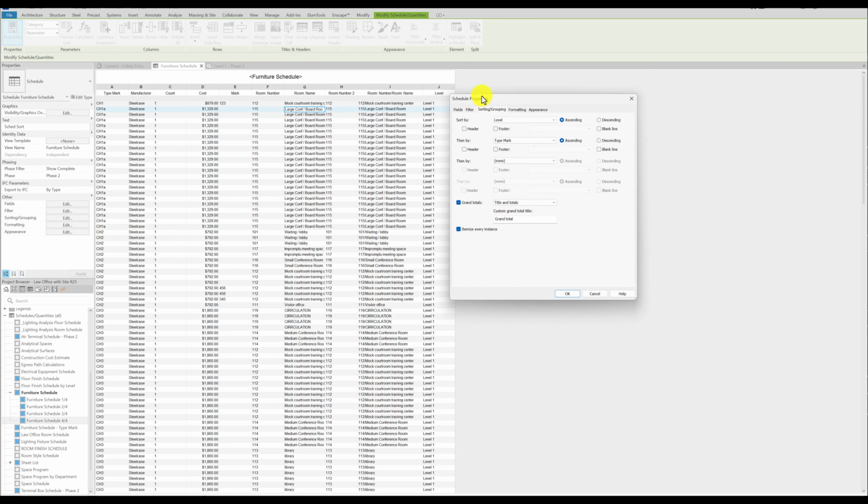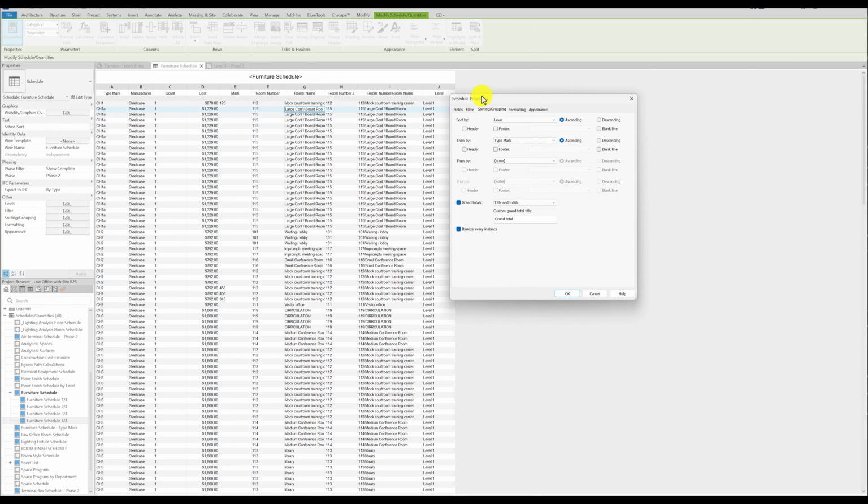This is going to cause the level 1 items to be in a separate group with a different heading than the level 2 items. Maybe we also want a space between the two sections. So now there's a level 1 header. Then we scroll down, and where level 1 ends, we have a level 2 header, and then there's all the